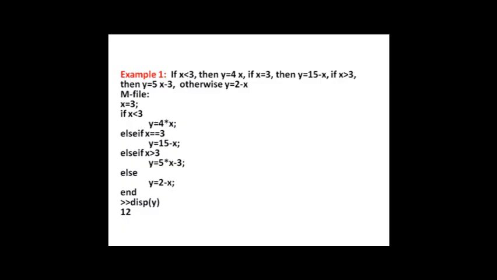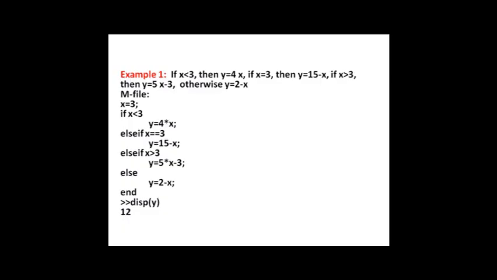Since multiple statements are there, we cannot write in one line the whole statements. It will be very clumsy in command window. So you put the code in a script file or M file, then you can run the file. Since we have to test the program by some value of x, that's why we put 3 to x. Then in the second line, if logical statement which is x less than 3, after that the executable statement is